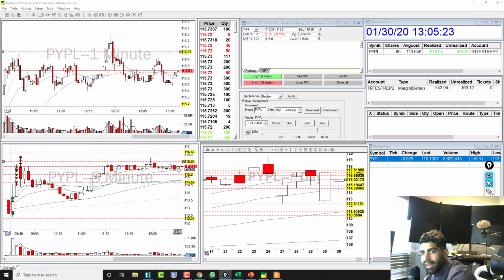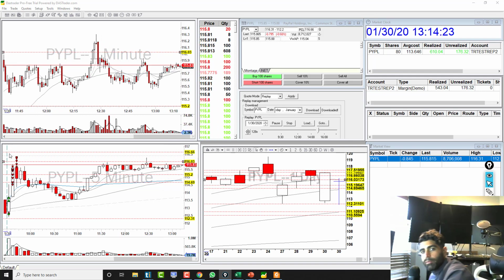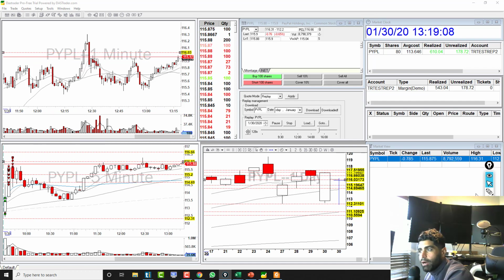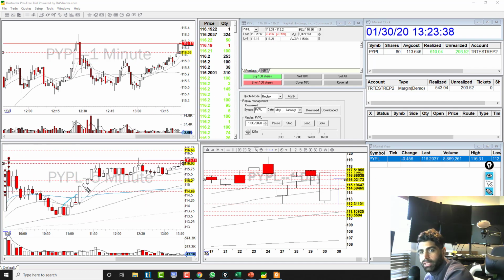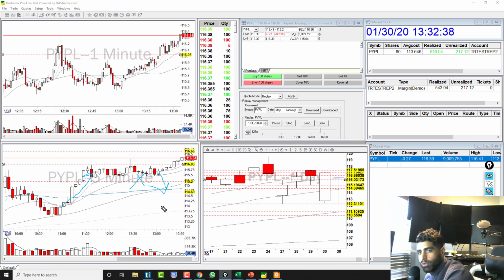I don't want to go short here anymore. This is not a stock that I want to trust for a short back to VWAP, because it already squeezed back up. Again, this understanding is very important. It already squeezed back above the VWAP. I don't want to take it short here, because if it was really weak, you would have then stayed below